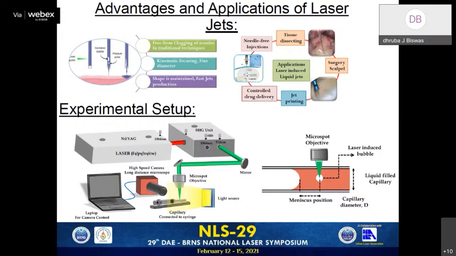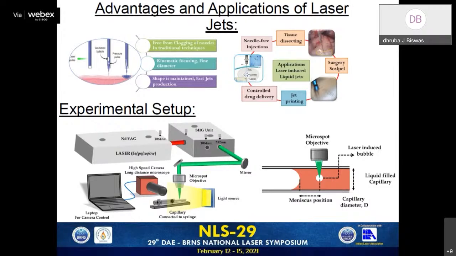So this is the experimental setup using this NDR picosecond laser system, which we are using at IIT Roper for the evaluation of these needle-free injection systems using these microjet formations. And the right-hand figure is the side view of the microcapillary, which is intended to show various parameters which are crucial for the generation of these microjets, like shape of the meniscus, the laser hitting position, and the capillary diameter.